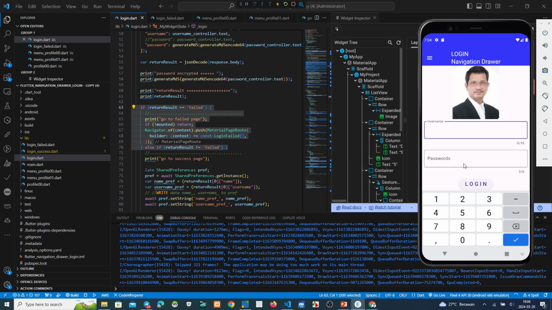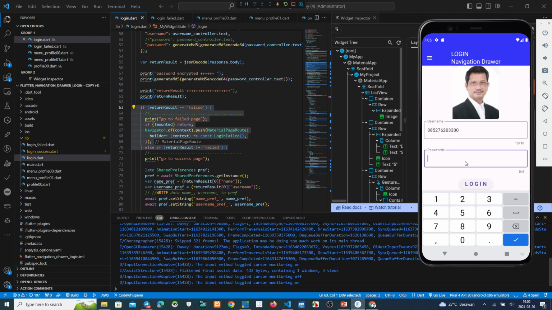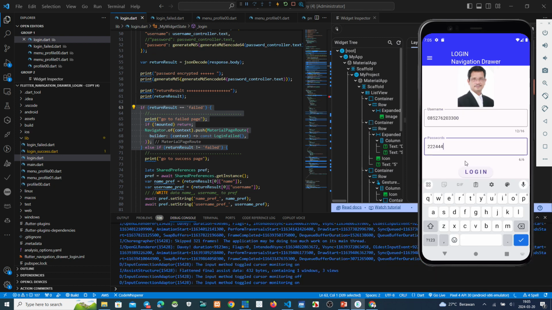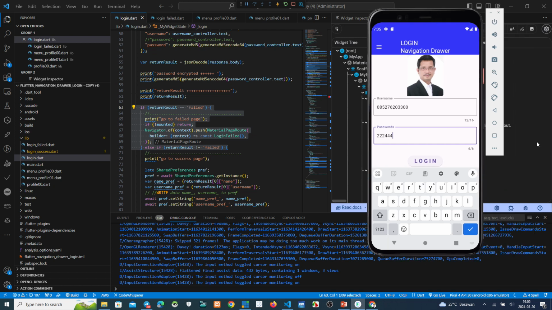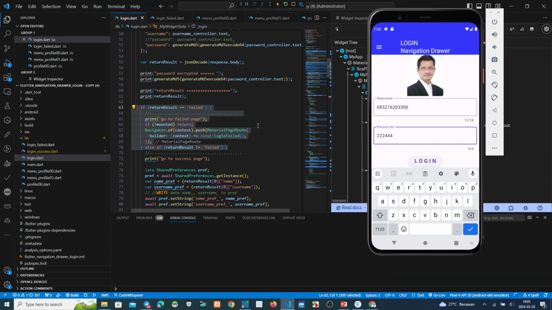This is the wrong password. Now we can see the script will navigate to the login fail page. This one.